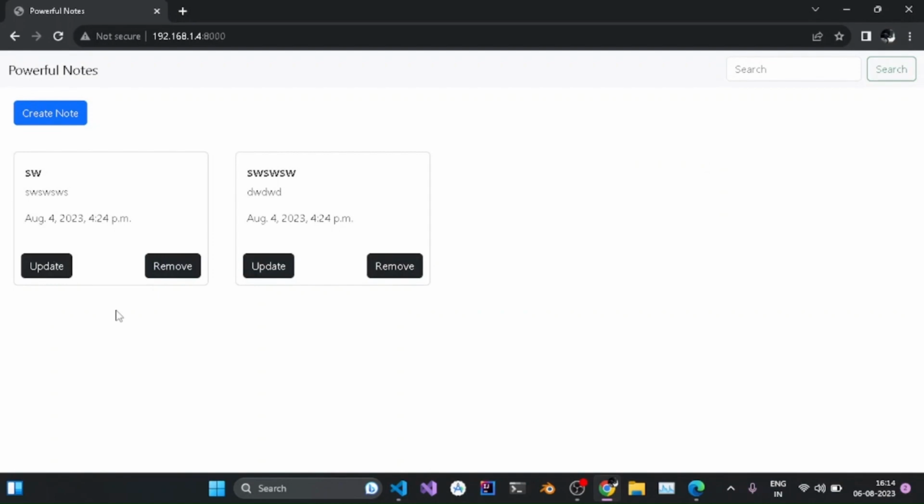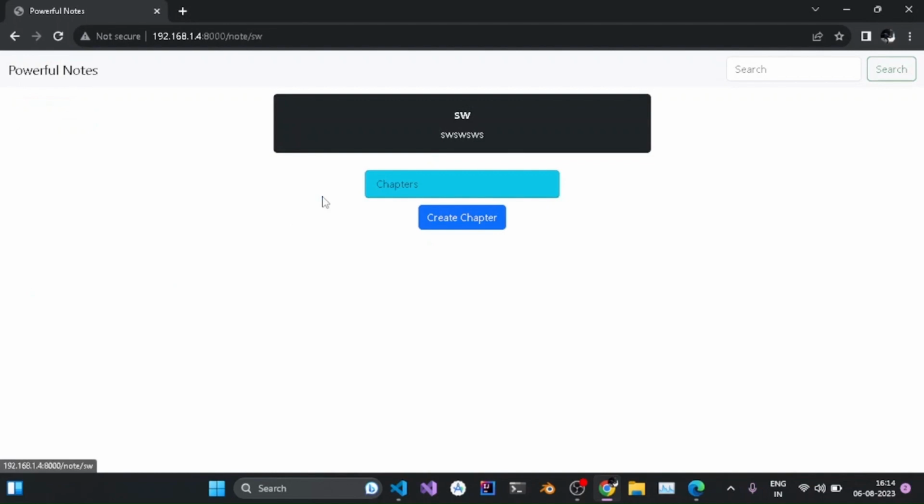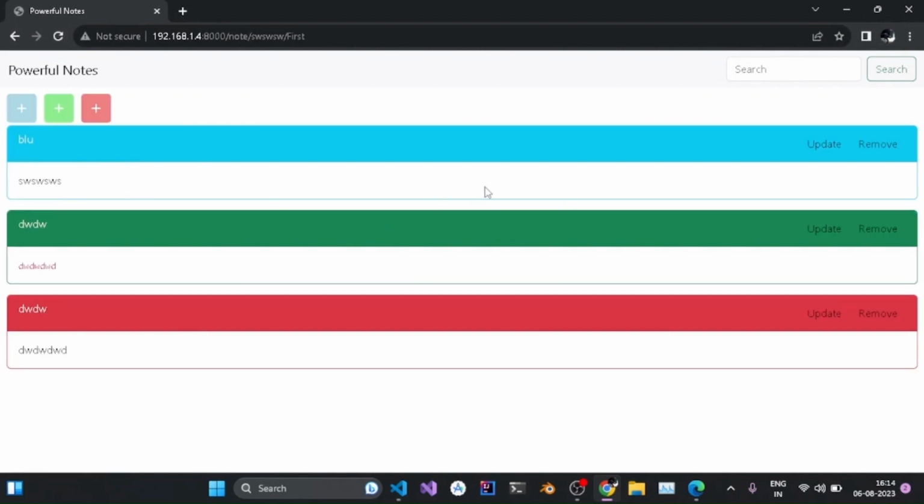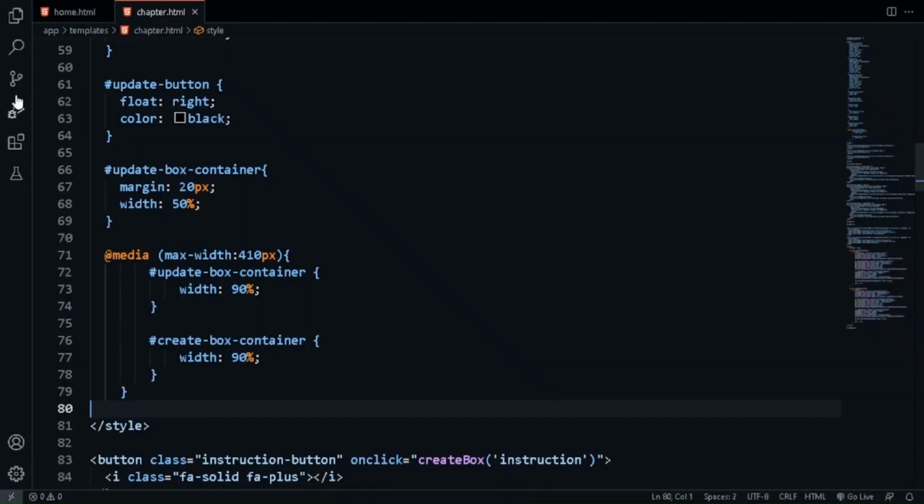What we are going to implement next is that only the admin can update, remove or create note update. Only the admin can create new chapters, and also only the admin can delete and update these chapters and also create notes. That's what we are going to do next. How to do that? We'll come into the views.py,